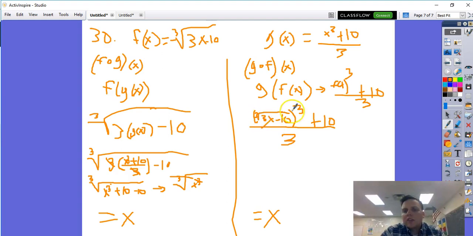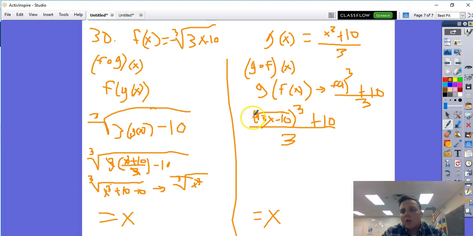Now, this cube and this cube root. Does this power of 3 apply to everything inside the parentheses? Yes, it does. Does this power of 1/3 apply to everything else inside the parentheses? Yes, it does. So that means, because that's what a cube root is, it's a power of 1/3. You should have talked about that in Algebra 2. But just to remind you, the cube root of 3x minus 10 is really just simply saying 3x minus 10 raised to the 1/3